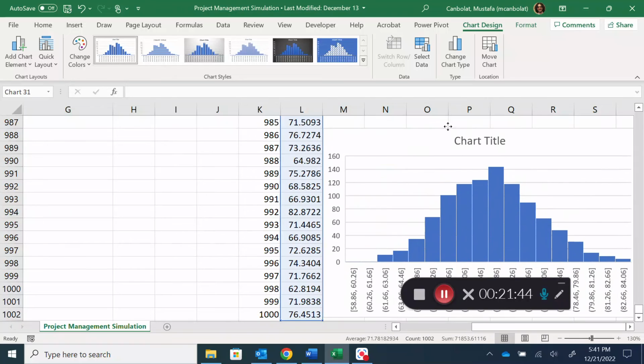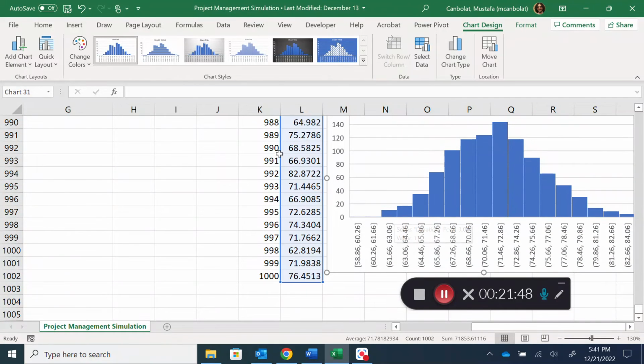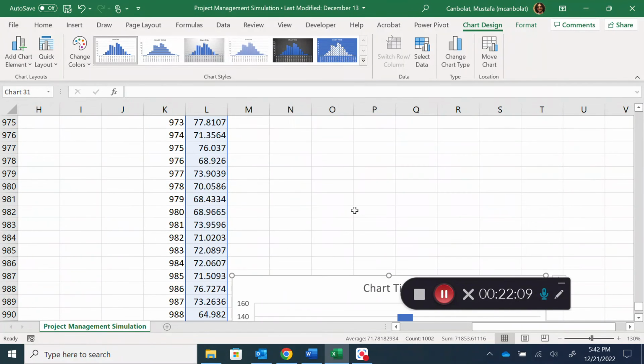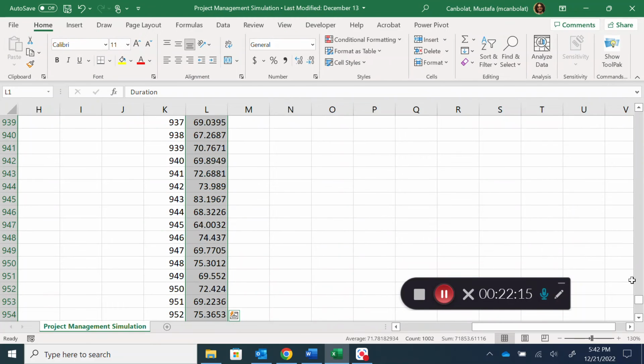So why is that? Because the numbers are now just added up, and there are 1,000 of those. And for the project durations, the project duration is not going to have a lot of variability, but we would be able to understand if the project duration ever goes beyond a certain number. So let's take a look and maybe create our own chart with our own